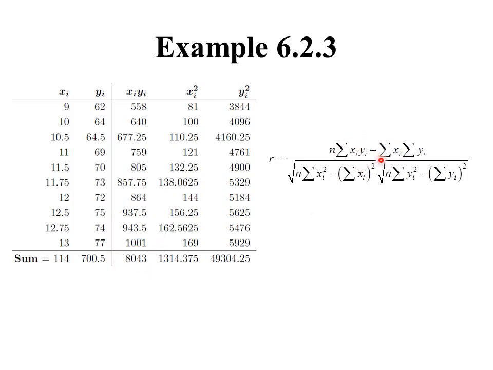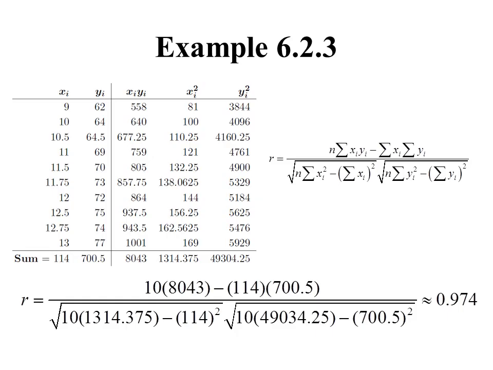Next, we need to add up all the values of x. Well, that's given right there. Add up all the values of y. That's right here. This says we need to square each x value, add them up. That's what we do here. We square each value, add them up. So this number is this quantity right here, and so on and so forth. So when you plug in all those numbers to our formula here and do this rather nasty looking arithmetic, we get this result right here.